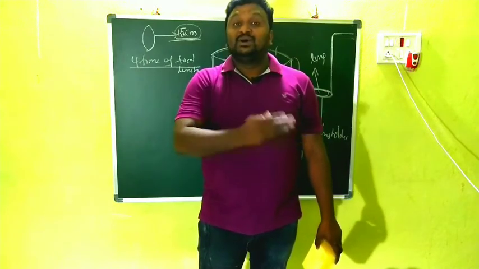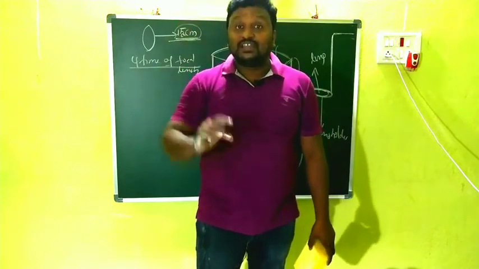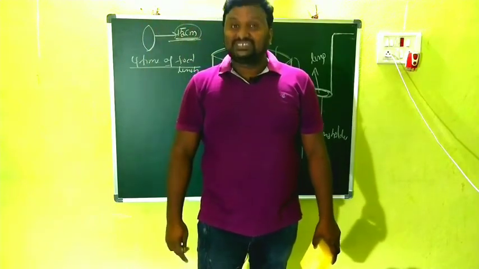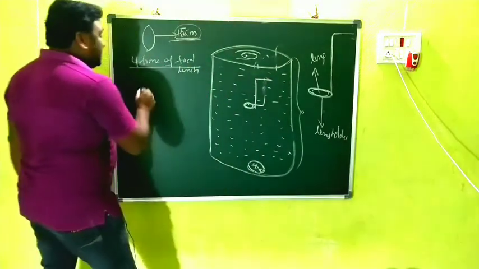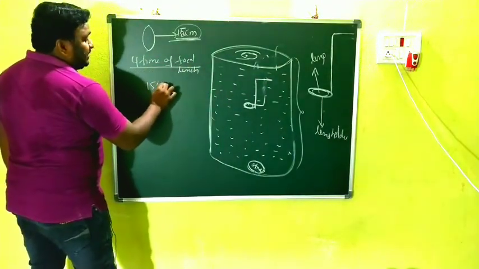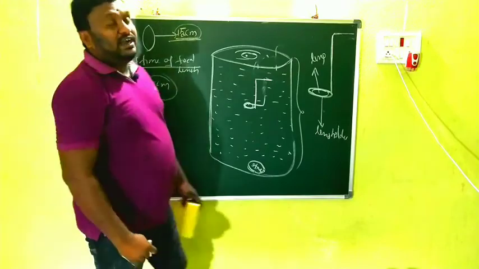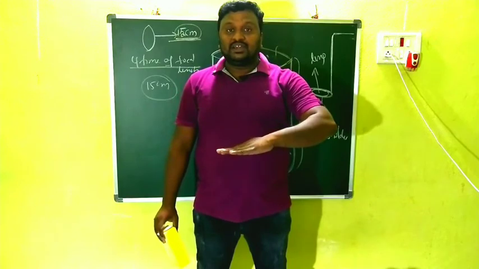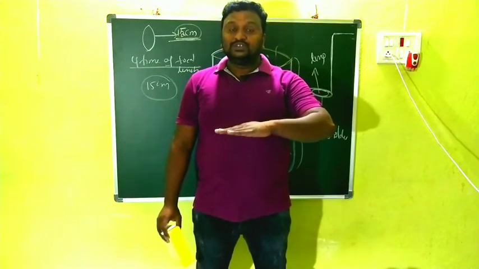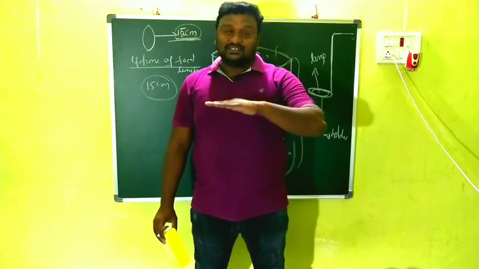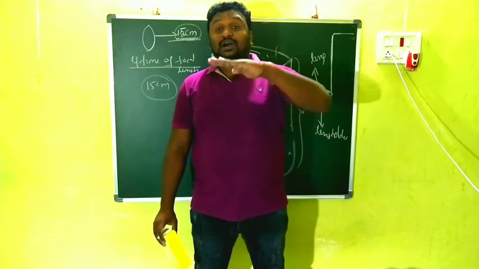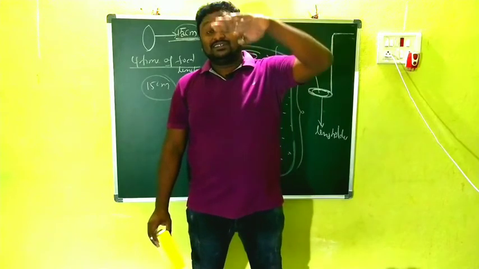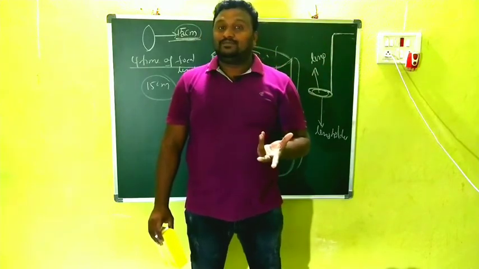But in this case, more than 15 also we are able to see. That means when the vessel is empty, up to 15 centimeters only we are able to see, and when the vessel is filled with some water, we take the lens holder, and at every position we have to observe whether we are able to see the stone very clearly or not. We reached 15 centimeters, and after 15 centimeters again we raised it, and then also we are able to see.